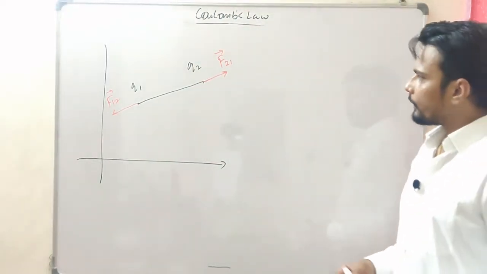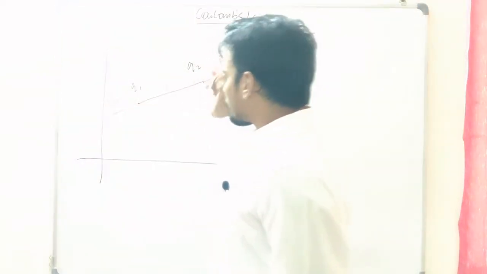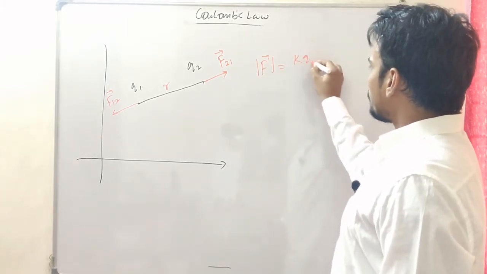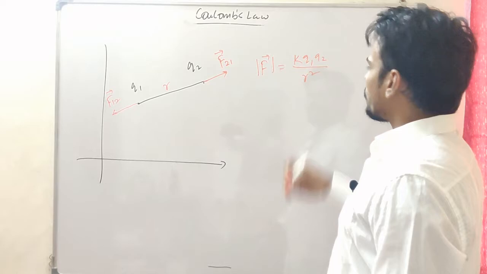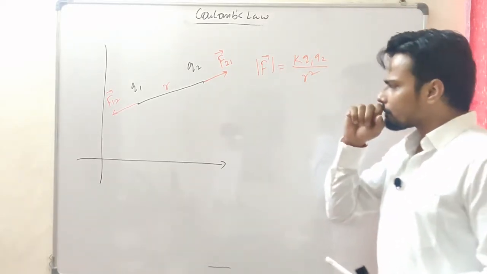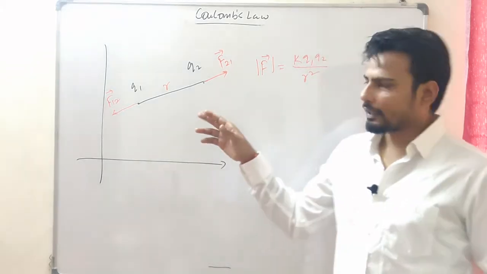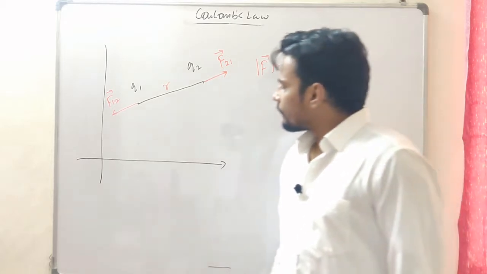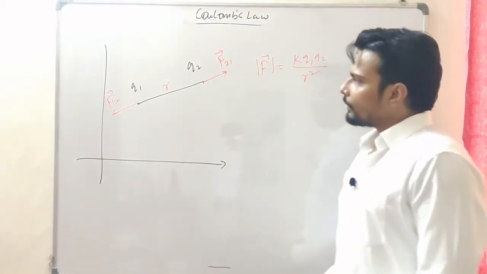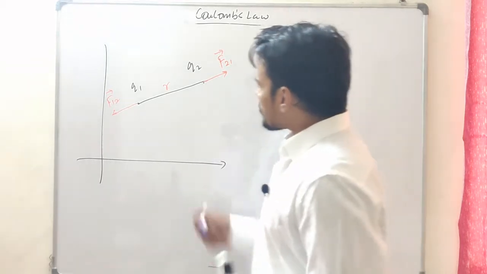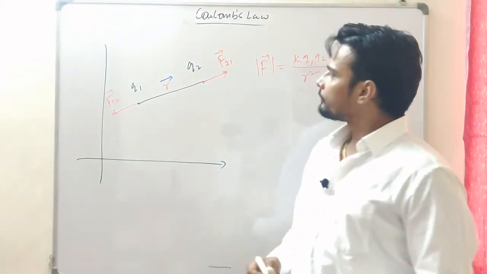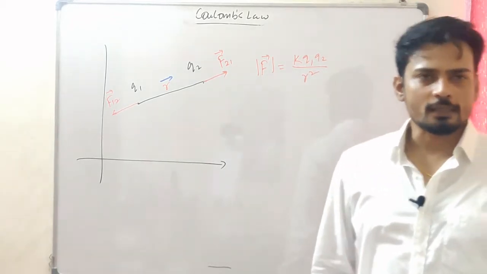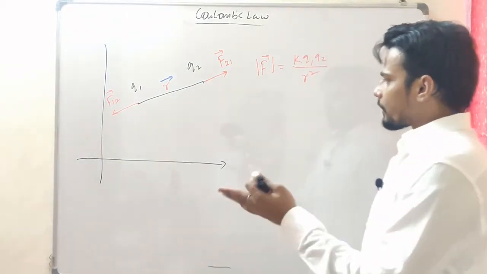Well, we know the magnitude of this force, let's suppose the distance is r. The magnitude of the force, F magnitude, should be how much? K q1 q2 over r square. Now if I just want to know the direction of this force, well, I can say if F of 2 1 is in east or west or whatever, but let's suppose I don't have that sort of information, then what to do? Then what exactly I need to know is this vector. If I could actually find this vector, I would be able to answer all my questions. Agree or not?